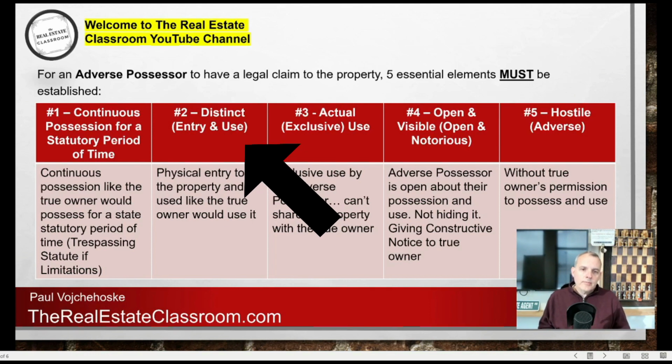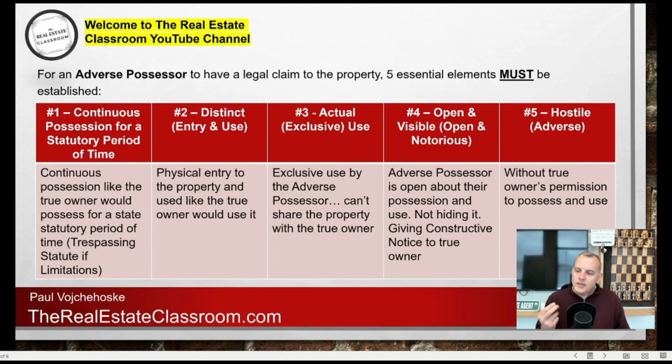Essential element number two, it must be distinct, sometimes referred to as the entry in the use of the property, meaning the adverse possessor must physically enter the property and use it like the true owner would use, and also use it in the way that the property was intended to be used. And that's a very important distinction. So, for example, if there is an absentee owner on a house, on an acre of land, that adverse possessor may move into the property and possess it and use it like the true owner would if they lived in